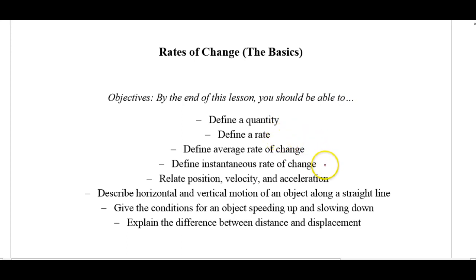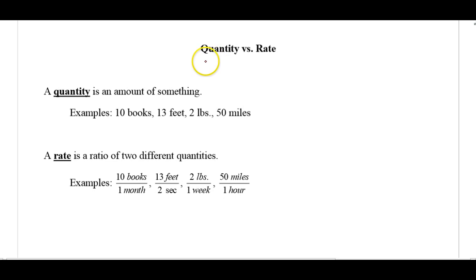rate of change and instantaneous rate of change, relate position, velocity, and acceleration, describe horizontal and vertical motion of an object along a straight line, give the conditions for an object speeding up and slowing down, and explain the difference between distance and displacement. We're going to begin our discussion on rates of change by talking about the difference between